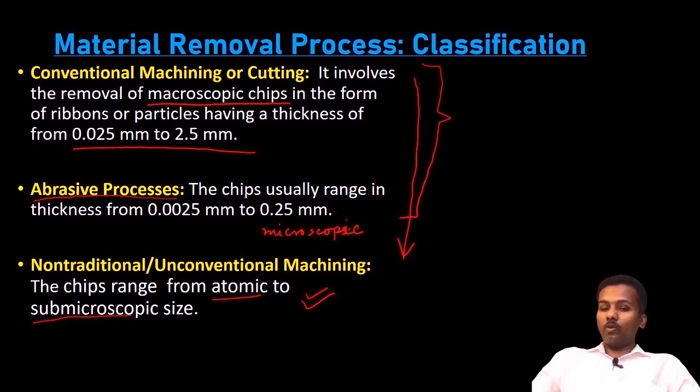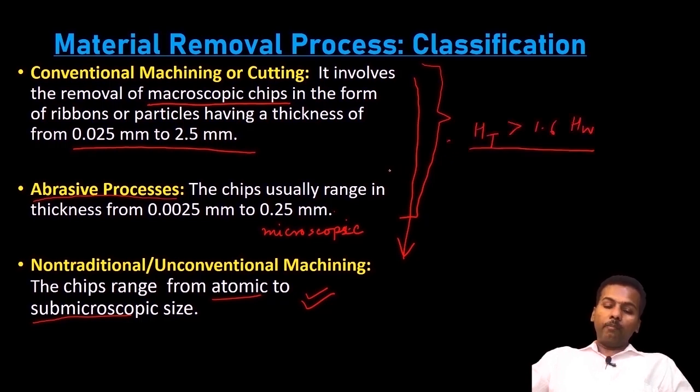But if we talk in broad terms, there are two terms. One is the conventional process and another is the non-conventional process. Conventional process means where a tool of higher hardness is utilized for removing the material. But what happens if suppose that your workpiece is of high hardness? It becomes more difficult to choose a particular tool material for the machining process.